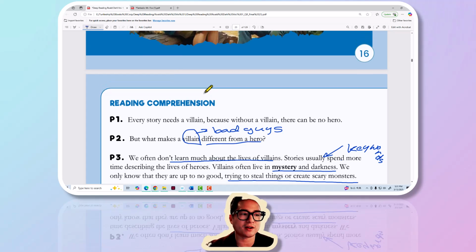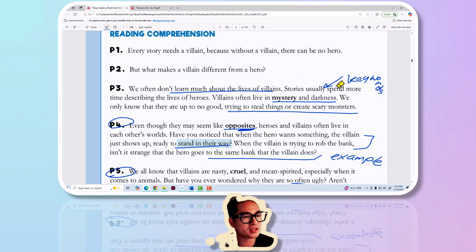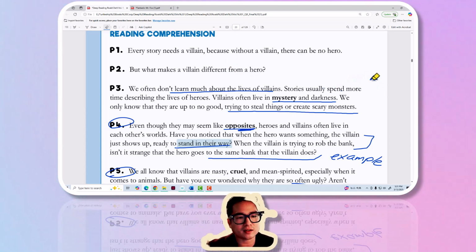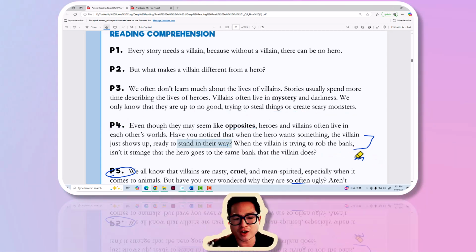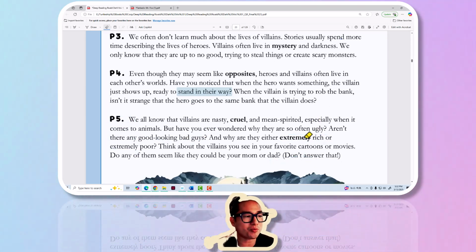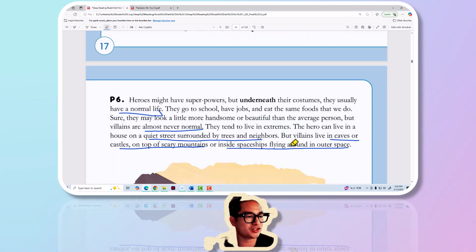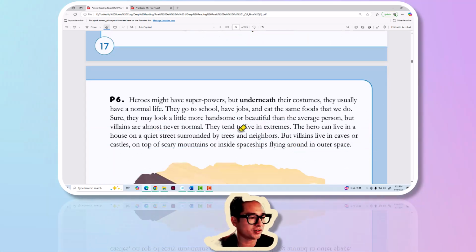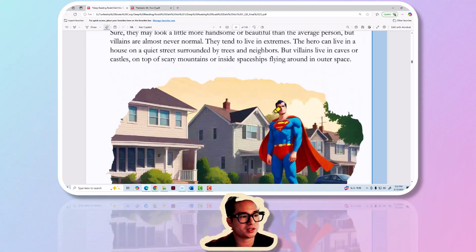But it also talks about how villains are a bit strange. They're odd. And there's a reason for that. As the passage told us, it's showing us that authors, writers, people who make stories, they often imagine that villains are a bit strange. They're not like us, okay? Because we don't want to be like villains. We don't want to be bad. So we shouldn't want to live in a dark, scary castle because that's just weird. Just like you shouldn't want to be a bad guy and try to take over the world. That would be weird. You wouldn't have any friends.